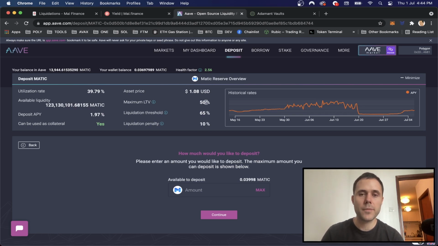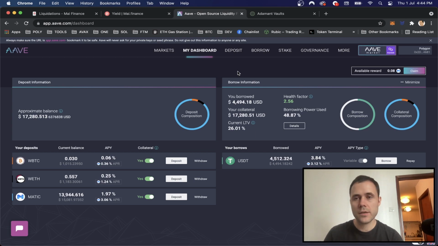I mean, the maximum you can loan a stablecoin against Matic is 50%, but if you could loan over 50%, let's say you could loan 60% on Mai Finance, and you try to loan on both platforms, then you could get like 110%, and then you've got the money, you don't need to repay, you've borrowed more than your collateral, so that just wouldn't make any sense. So that's how it works.